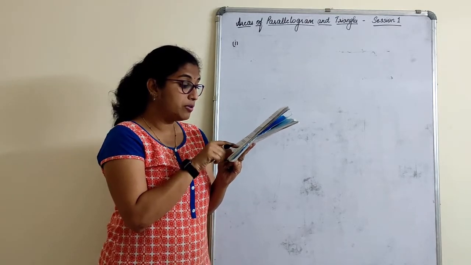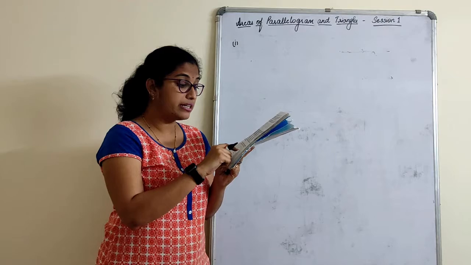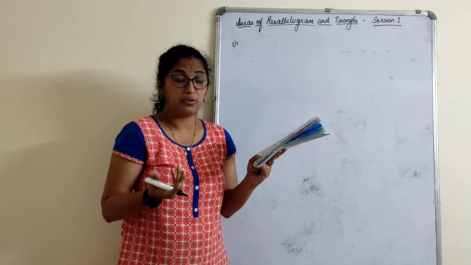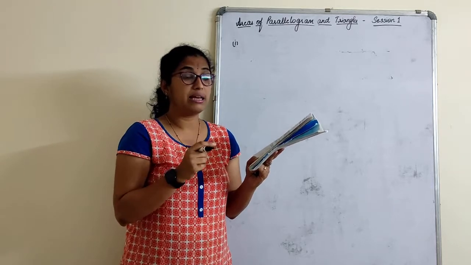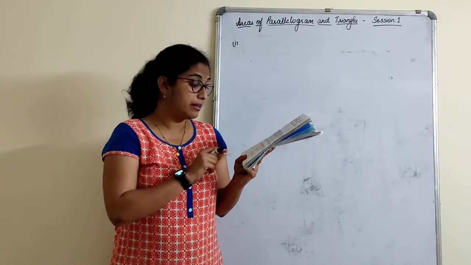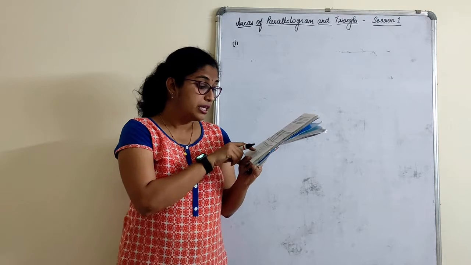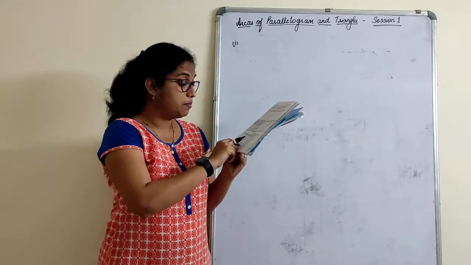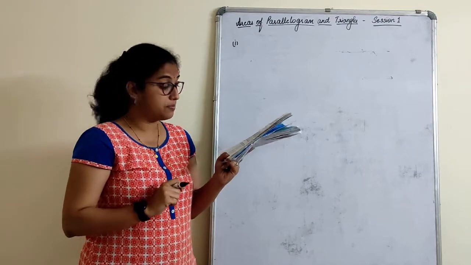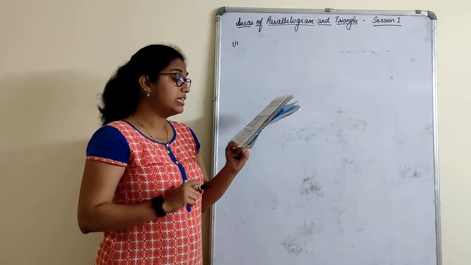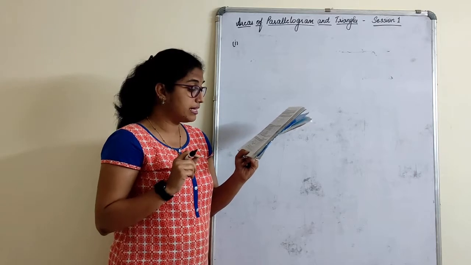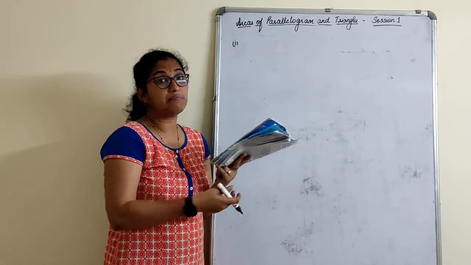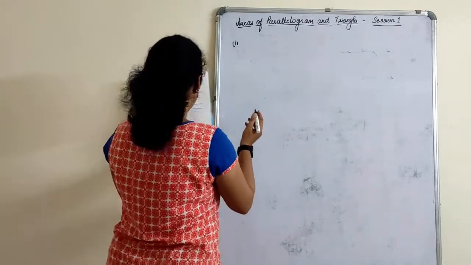Then the third one, a triangle and a quadrilateral, because we don't know whether it is a parallelogram or what. They are standing on the same base and between the same parallels. Now, what about the fourth figure? Though they are standing between the same parallels, they are not on the same base. PQ is the base and BC is the base. In the fifth figure, two quadrilaterals are standing on the same base. In the sixth one, though they are standing between the same parallels, the bases are different.